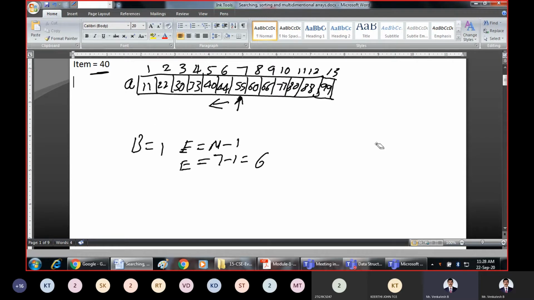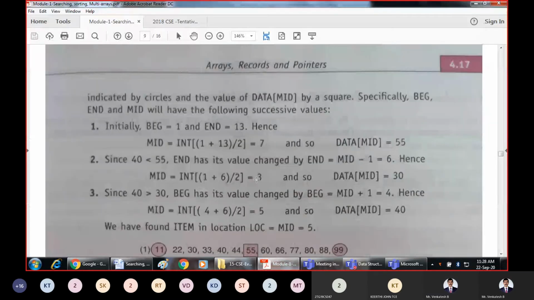So these are the present indices. Beginning is 1 and end is 6. So I'll erase it and rewrite once again. So here we have completed the first iteration. Beginning is 1 and end is going to change to 6.